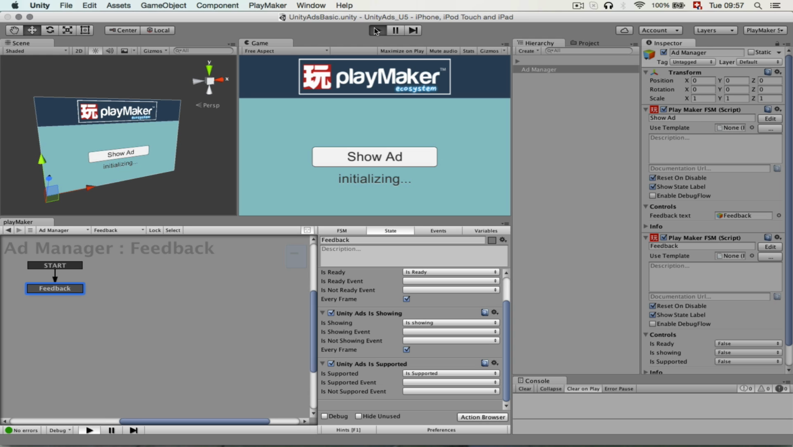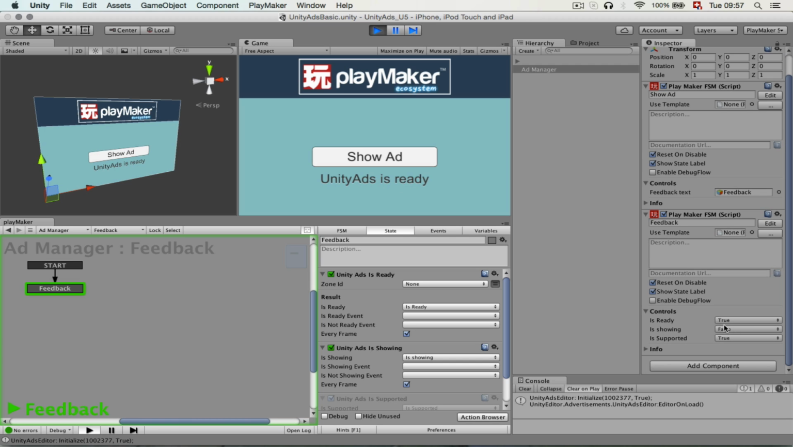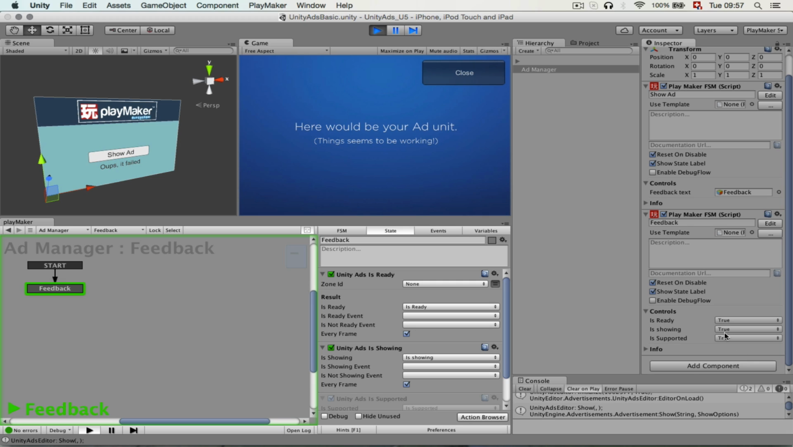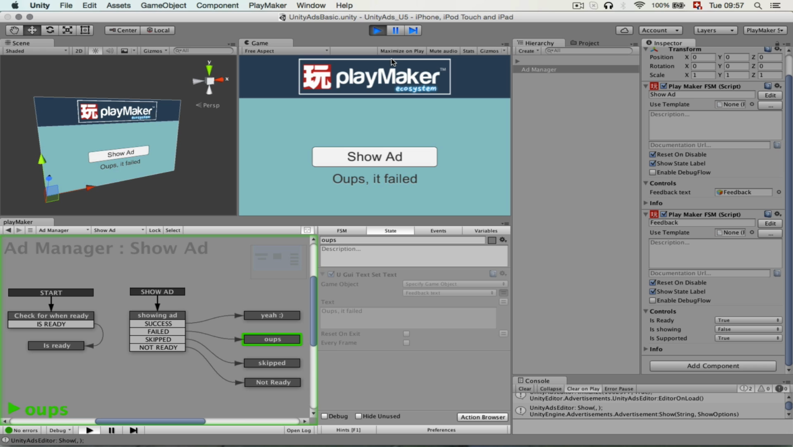When we play it in the editor, it will always fail. You have to test on the device, but you can get already some very good feedback here. Like if I click on show ad, it will say that it's showing, it's supported, and it's ready. However, in editor, you will always get a failed event. I don't know why, but that's like that. So